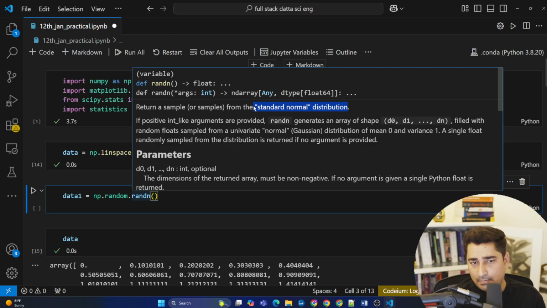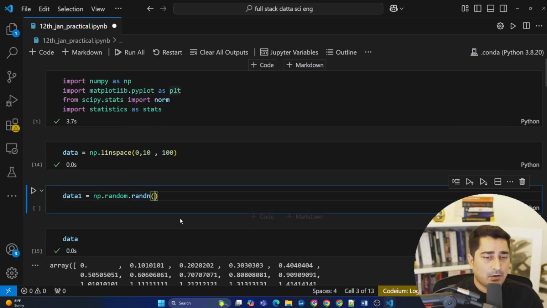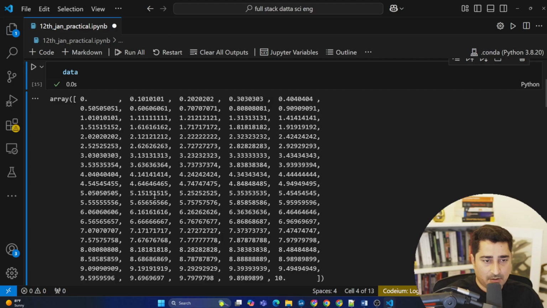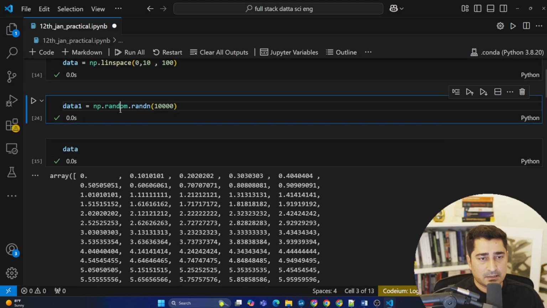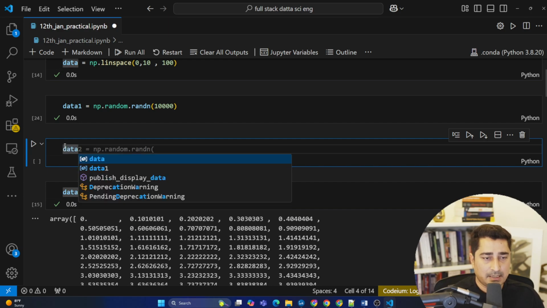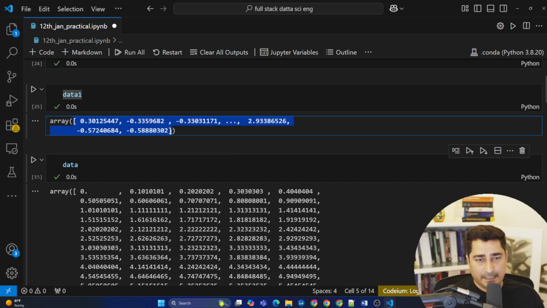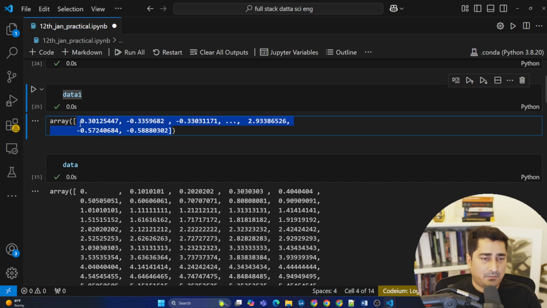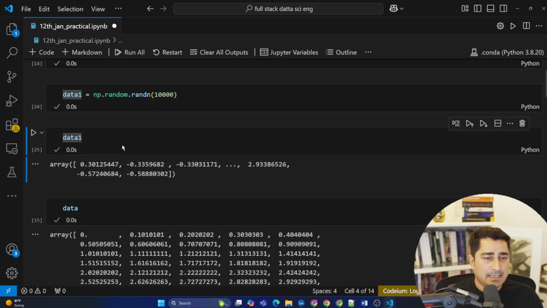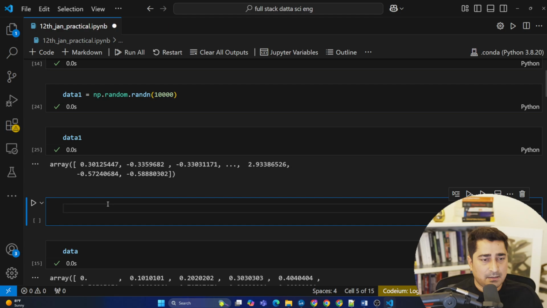So your mean is going to be 0 and your standard deviation is going to be 1. Okay, let's do it. Let me produce 10,000 data points out of this. And maybe I can show you the data. So data 1, and it has produced data. Now I don't know whether this data set is normally distributed or a standard normal distributed data. I'm not aware of it so far. So maybe I can try to find out the mean, the median, and the mode. So fine, let's go and find out.